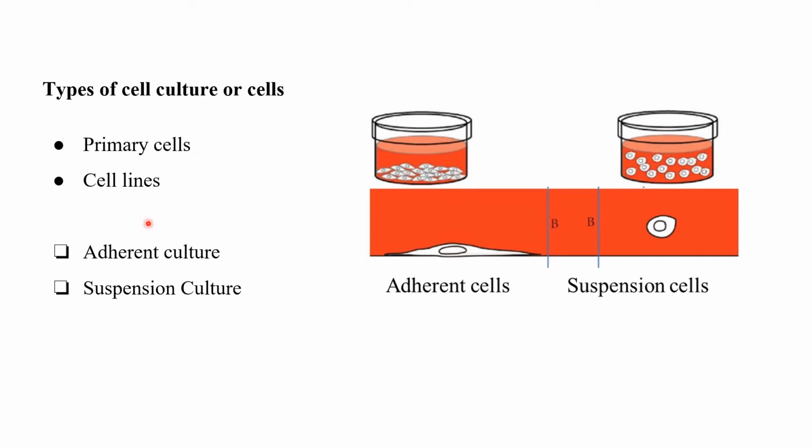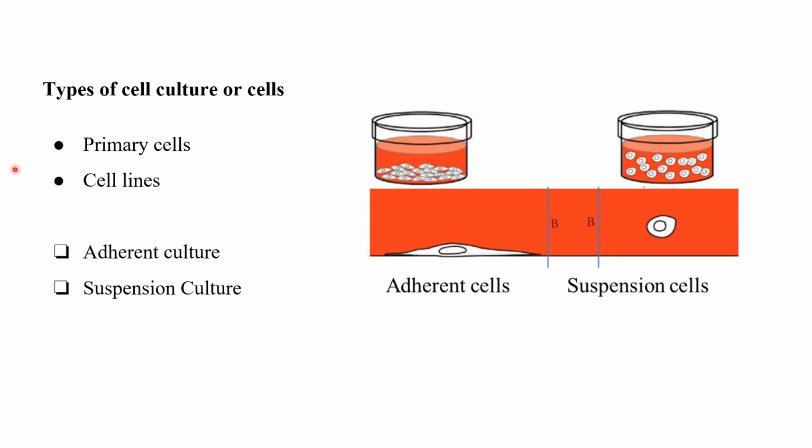Another cell culture type is primary cells or cell lines. Primary cells are cells that are isolated from some organs or tissues, and they are grown directly. Cell lines are also cells that may be isolated from some organ, but they are modified so that they can grow and be immortal, going up to many cycles. The primary cells do not grow